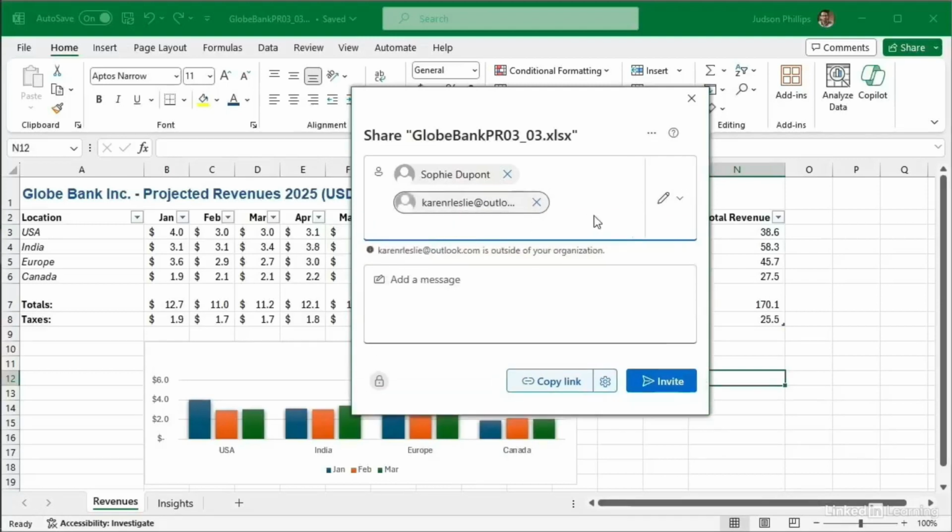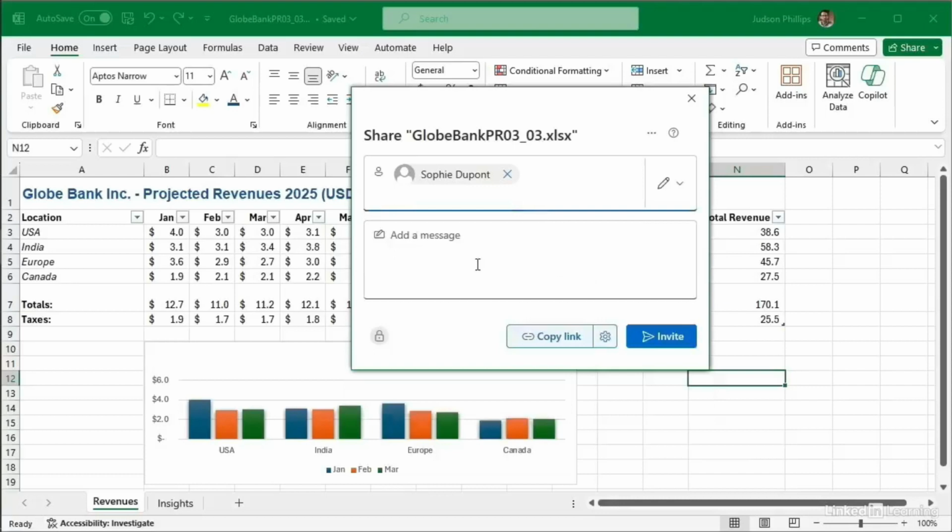Look what happens when we add people outside the organization. There's a bit of a warning here. Just a reminder that this person is outside your organization. That might be important if there's any sensitive information in the workbook you're about to share. So in that case, thanks to the reminder, we might think, okay, there is some sensitive info here we don't want Karen to see. So we can click the X to remove people from the list